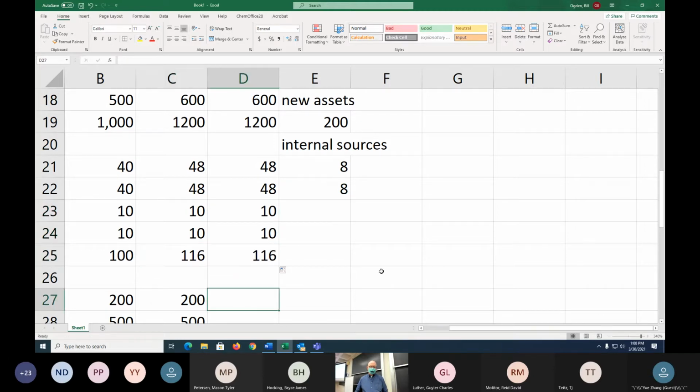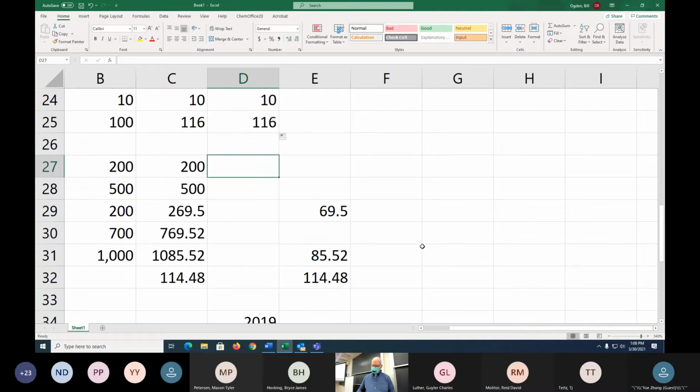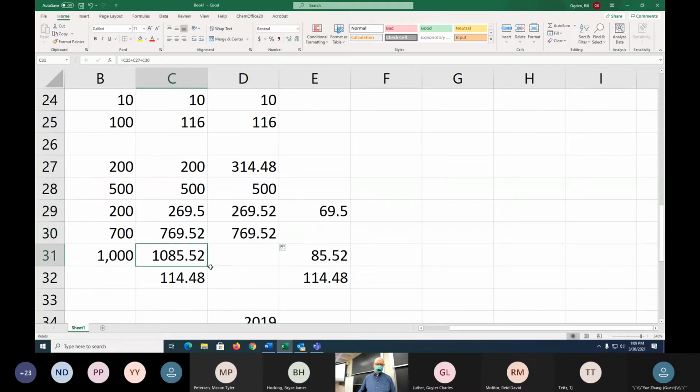Okay, now the 200. I will take the 200 and add to that the shortfall. So we will borrow 114.48. Then everything else is the same. And hopefully I can just copy this across. And now we have a